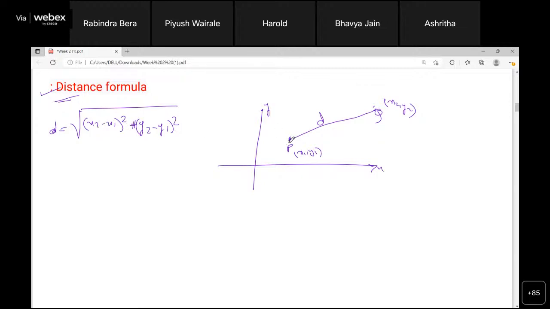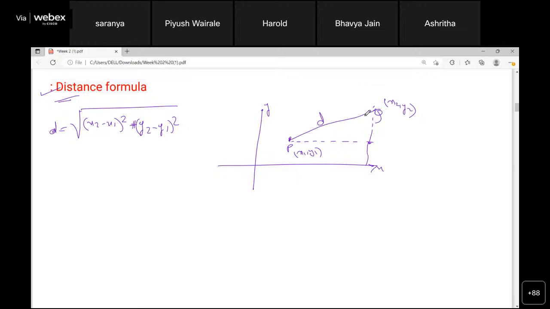Because of how it comes, you can see this is the point. If I draw the rectangle like this, lines here. Sir, I want to ask: if 2 points are given, then this formula will be used. If an equation is given, then (a plus b plus c) upon under root of a square plus b square, then we will go like this only?